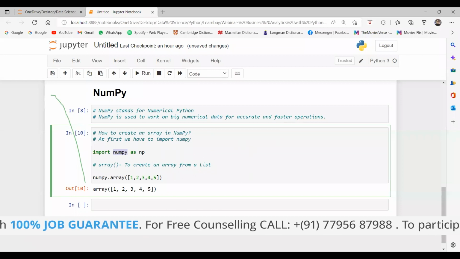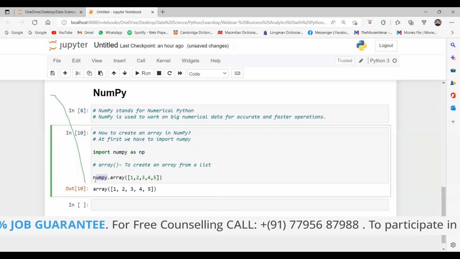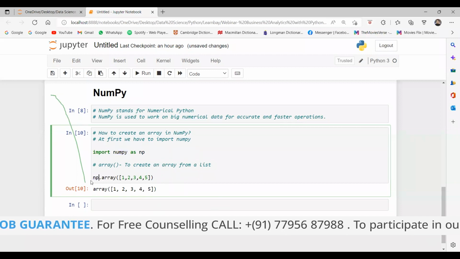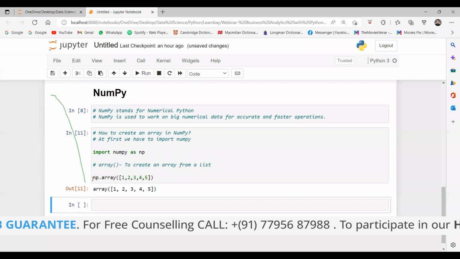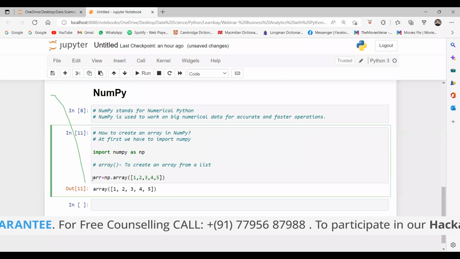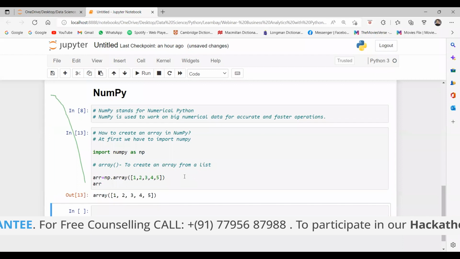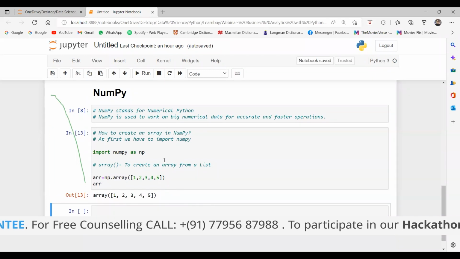So instead of numpy, I can say np. It is working. I store this in a variable, for example arr equal to np.array, and I print arr. So I am getting this. Guys, is it understood?